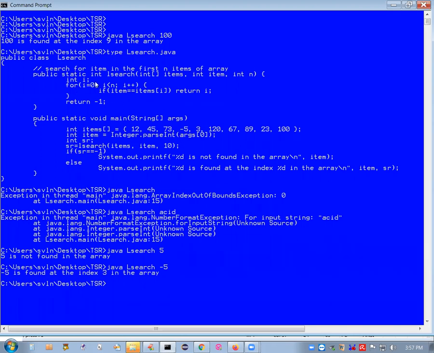So you have developed a small method there. How did we develop? Public static int. Remember, whenever you develop any method it will have a name. You have to give a suitable name. And this method ultimately, after doing all that, returns something. What kind of thing it returns, you have to decide. Because here you are assuming that it returns the index where that item is. That index is naturally going to be an integer. So you say int here. This is the return data type, the data type of the return value of this particular method.